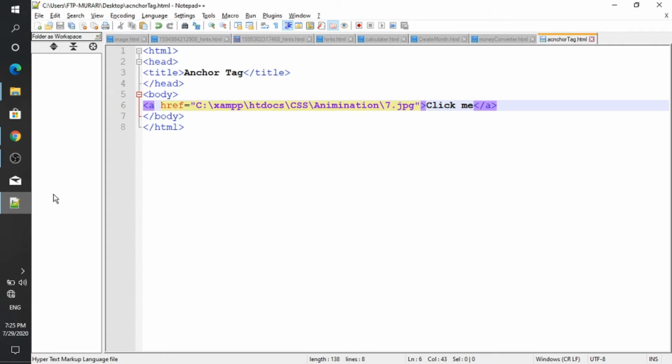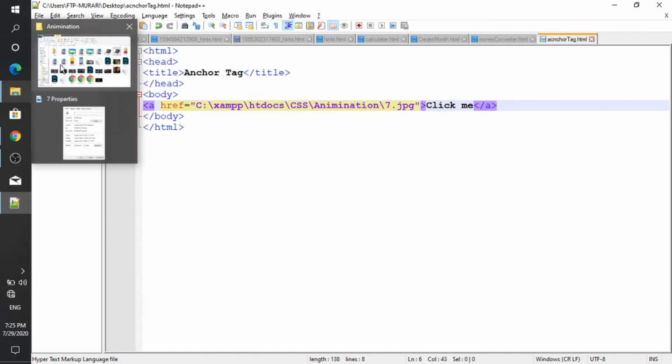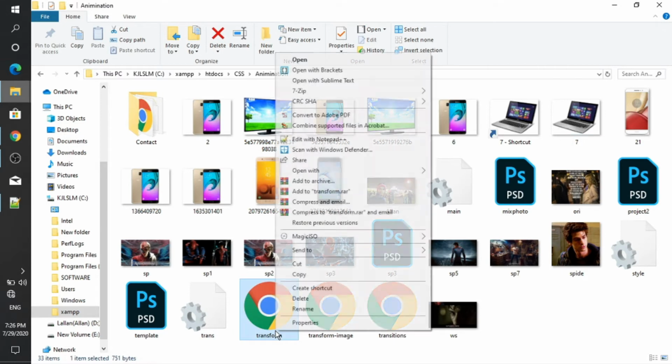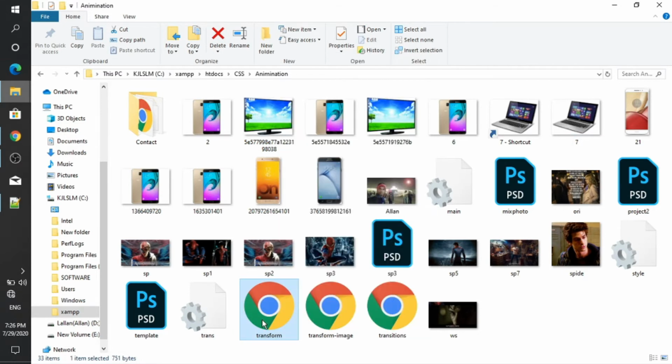Simply, I add the file name here. I already added the location, so I need only the file name. File name is transform. Which type? This type is HTML.